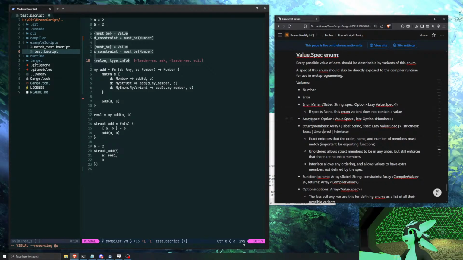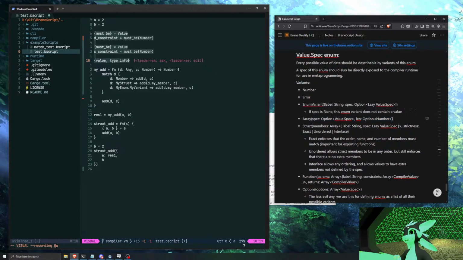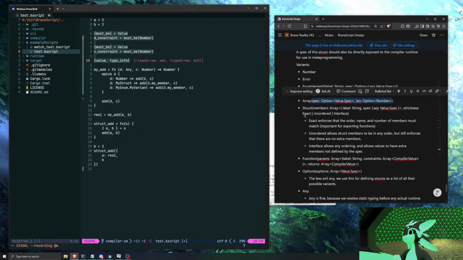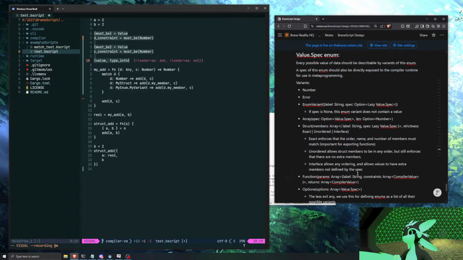Maybe I should have array be enum variants, with each one of the enum variants being different values, because at the moment